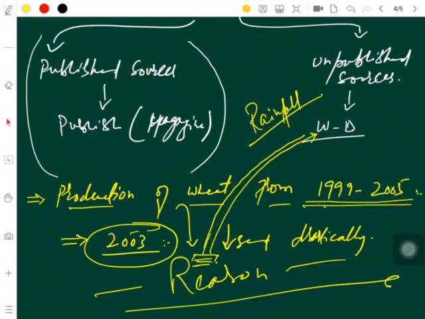Now, dear students, we come upon the methods of collecting data. When we say methods of collecting data, before we talk of what are the methods,